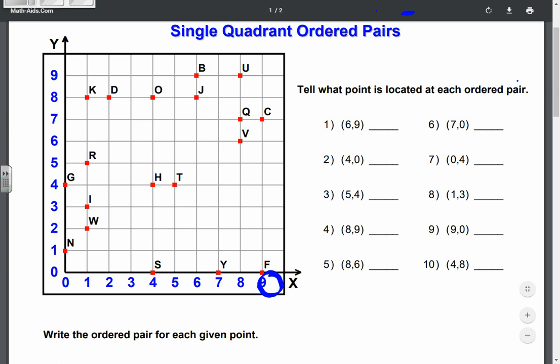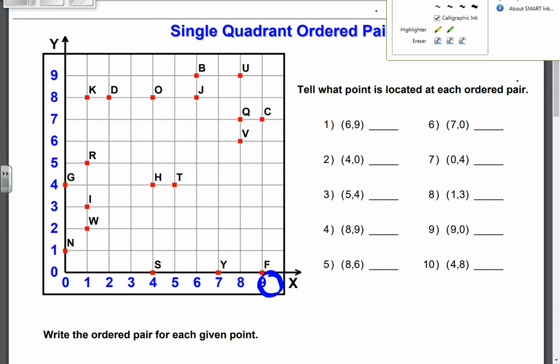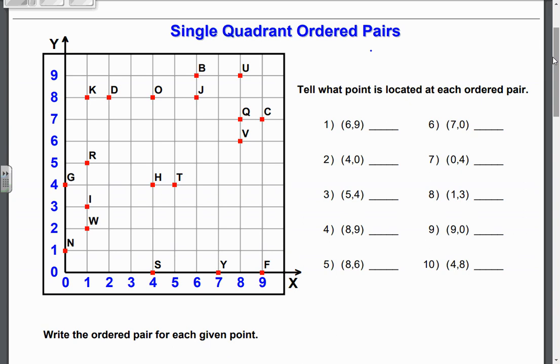Okay guys, we are going to be looking at a new concept today. The concept is plotting points and looking at points on a coordinate plane. On a coordinate plane, it's actually made up of two different number lines. The number lines are both vertical and horizontal. The horizontal number line is the number line that goes across here. It's on what's called the x-axis, and the vertical number line is the one that goes up and down, and